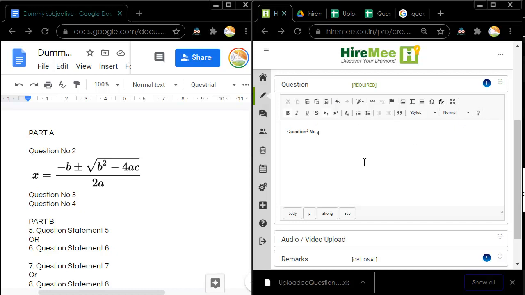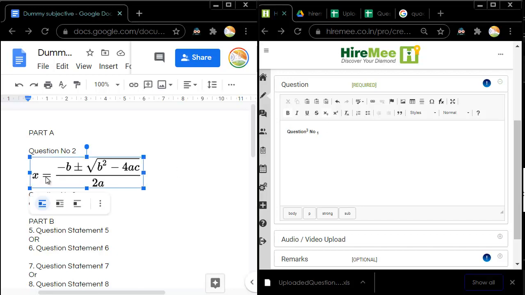Let's not discuss that in detail. But they cannot enter a very complicated equation. If you have complicated equations like this, including square roots, squares, and fractions, you cannot use the same portal to do that. You can just keep this image in the document, and if it is not presented as an image, you can always use the snip tool available with the Windows version to cut a particular portion of the screen and paste